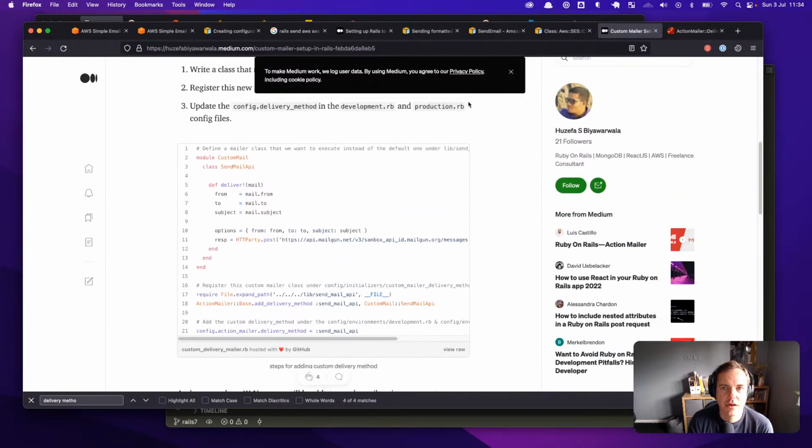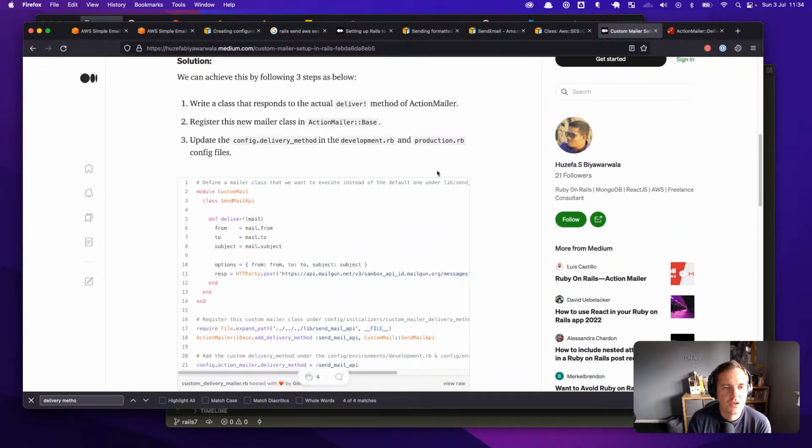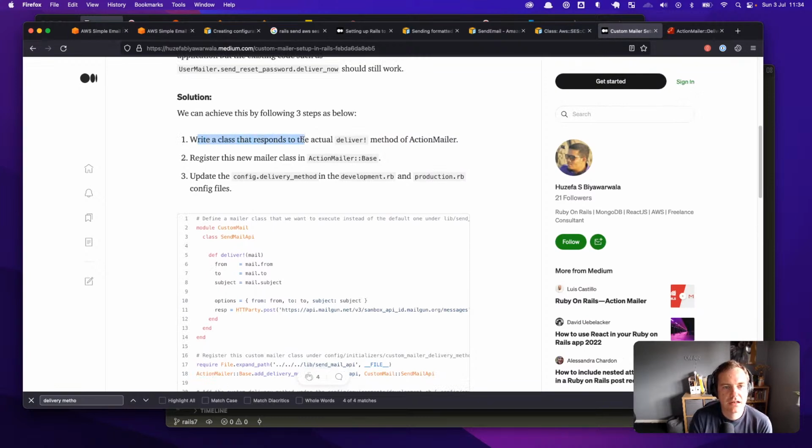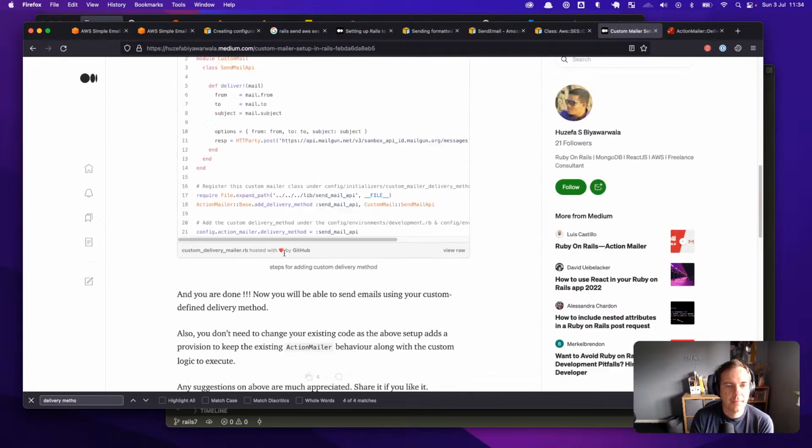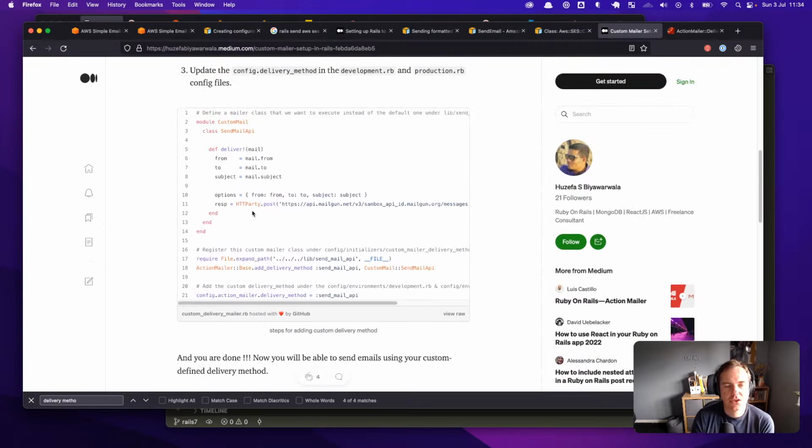Yeah, okay, this is sort of how I would approach this. What you can do is write a class that responds to the deliver method for Action Mailer, register this new mailer class, and then update the config.delivery_method to use your new class. And what that means is that you don't need to use SMTP, the built-in way to send emails in Action Mailer. You can use the Action Mailer API, so you can say, hey, deliver this mail, and use all of the same